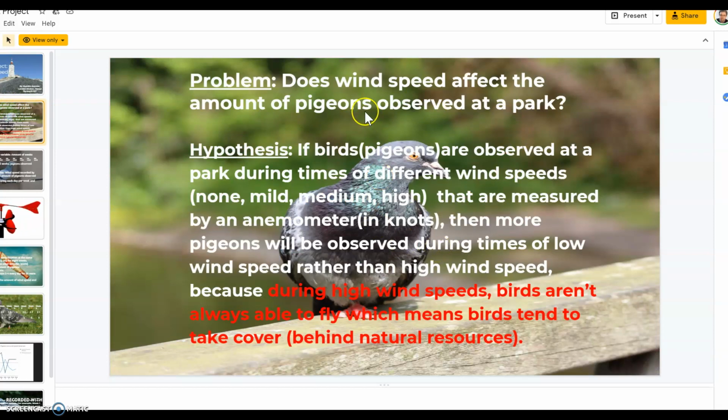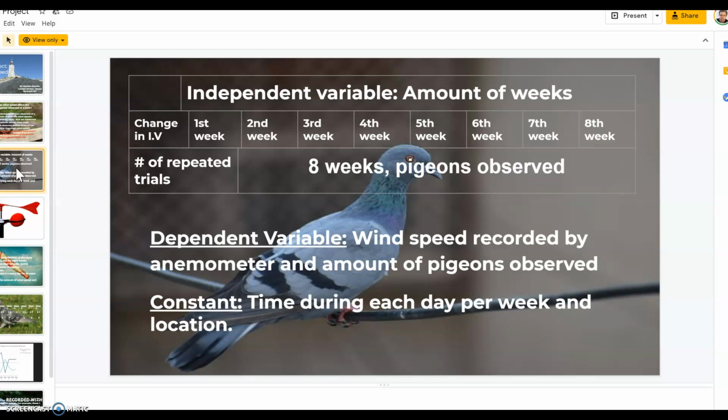My question comes from, are we just observing pigeons at rest? Are they flying? Are we counting them flying at all? I'm not really too clear on that, but if we're just looking for pigeons in the park, I would like that to be maybe a little more classified. Independent variable. What should the independent variable be? I want you to give some thought to this. What is your dependent variable? So I want you to look at this table, and I want you to give some thought to your IV and your DV, and maybe a little bit to the constant as well.